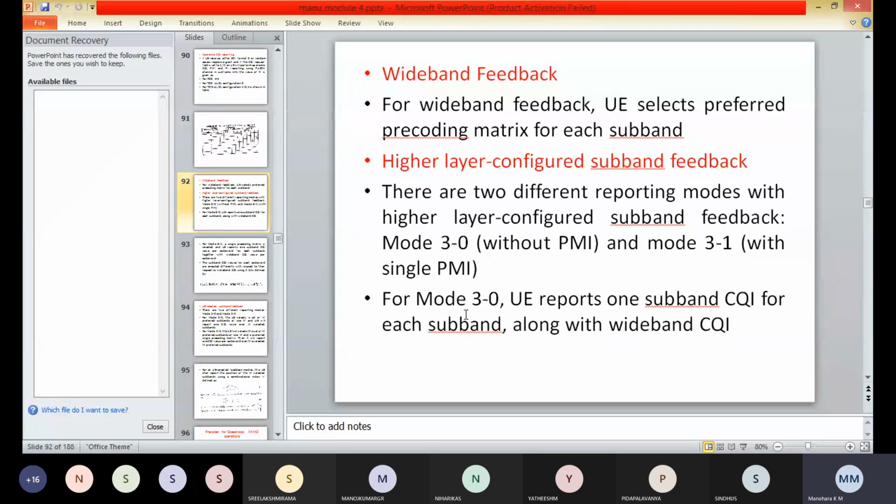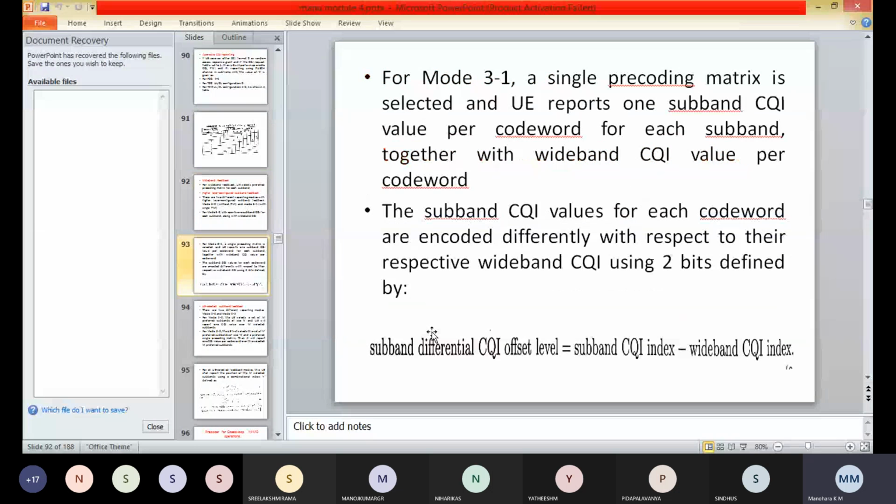Both the wideband and subband CQI represent the channel quality for the first code word, even when the RI, that is the rank indication, is greater than 1. No PMI is reported in this mode.